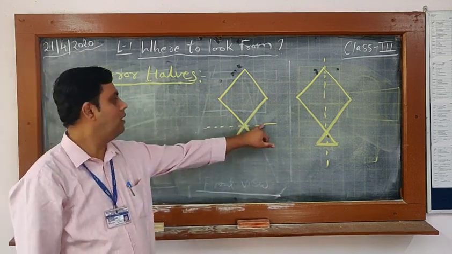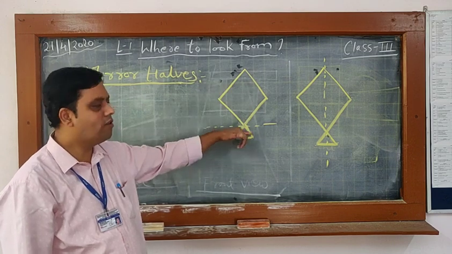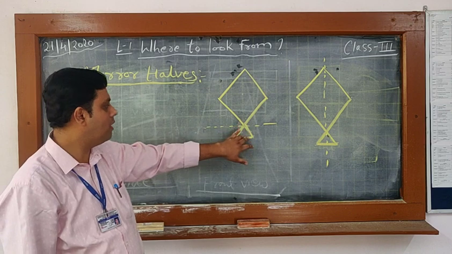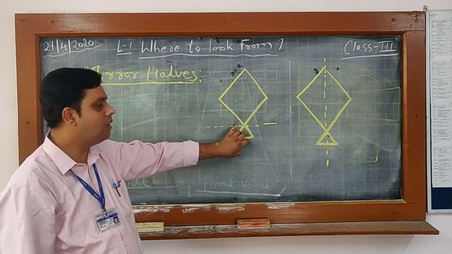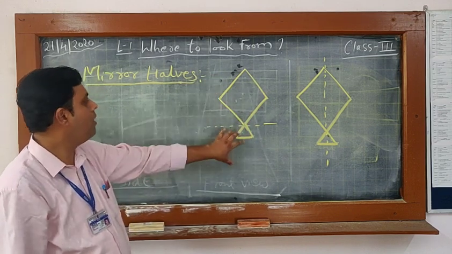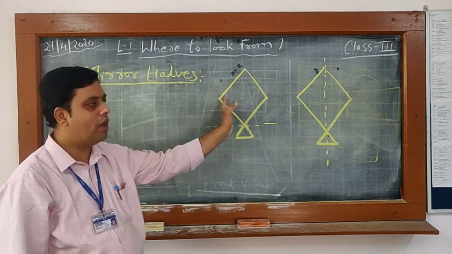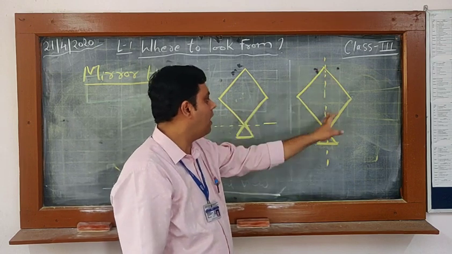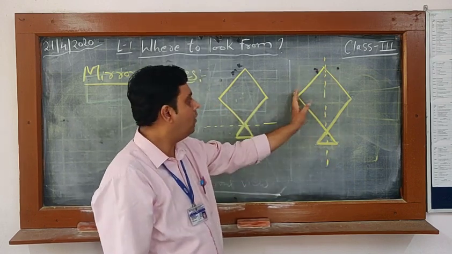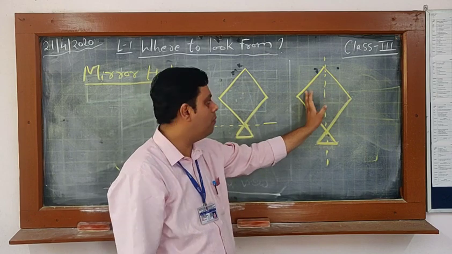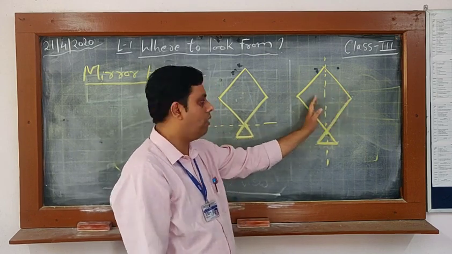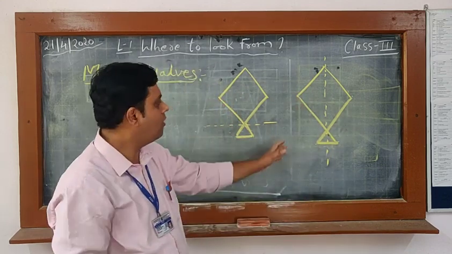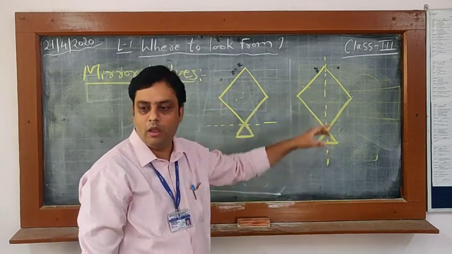We are dividing it from here. So both the parts are the same or not? No, sir. Both parts are not the same. The first one is bigger, and the second one is smaller. So both are not half and not mirror half. In the second one, I am drawing the line from this side. Now both these parts are the same, and both parts are equal also. If we fold it, it will just overlap the first part. See here,